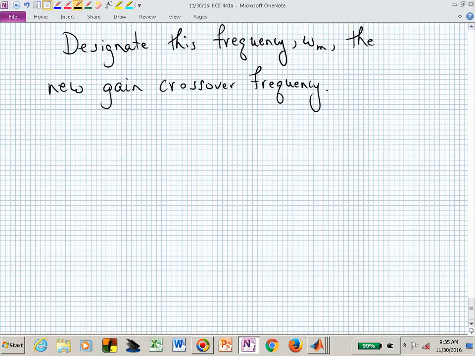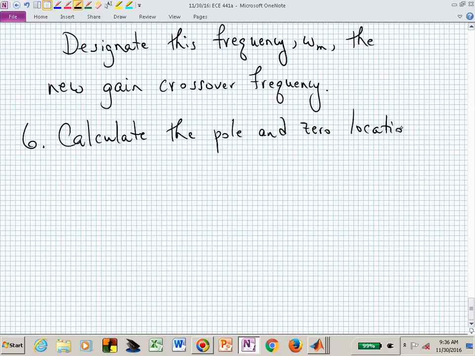And omega sub m actually is halfway between the pole and the zero, but that's on a logarithmic scale, so it's really the geometric mean of your pole and zero that determines this omega sub m. And what we now want to do is use that information to calculate the pole and zero locations by calculating the time constant